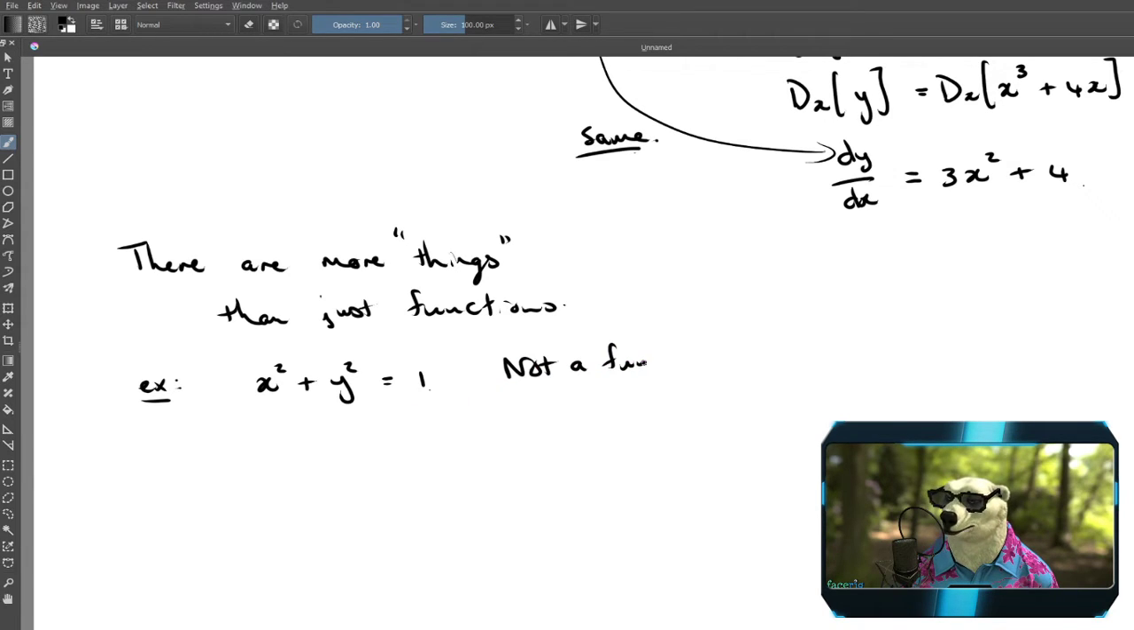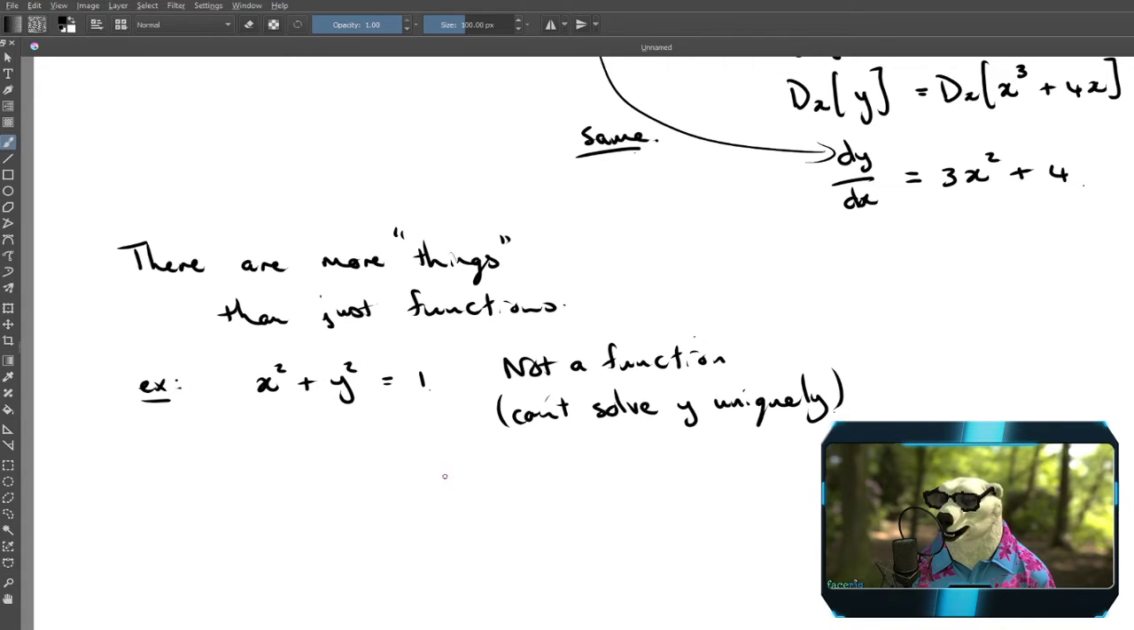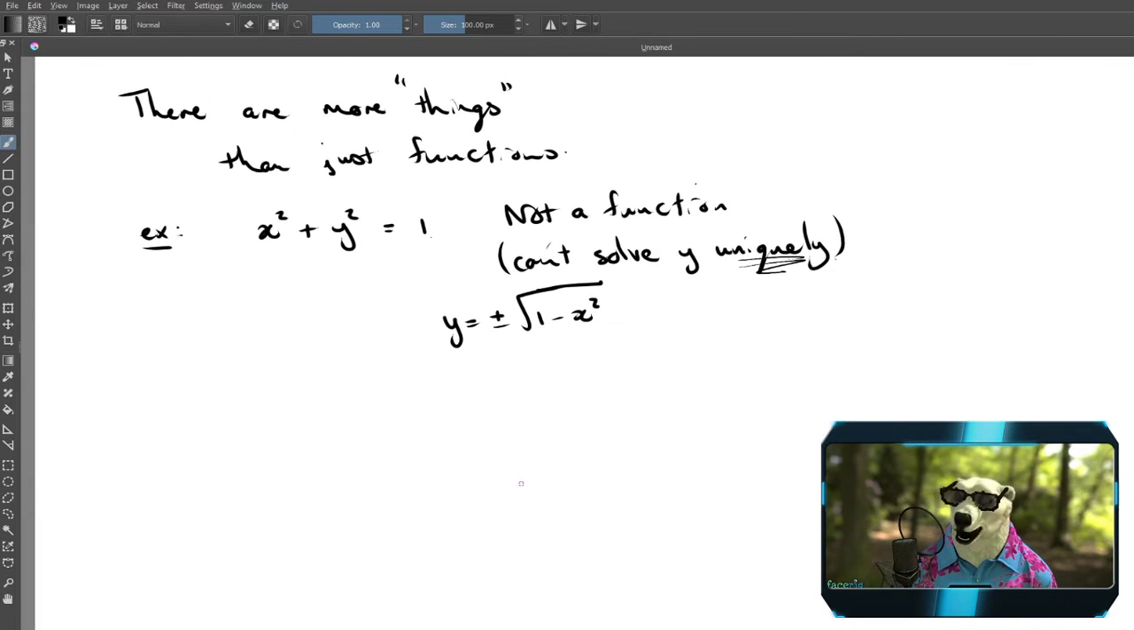The simplest way for us to notice that is that I can't solve for y uniquely. Yeah, maybe in school you wrote y equals plus or minus square root of 1 minus x squared, but it's not unique. It has a plus or a minus, which means that